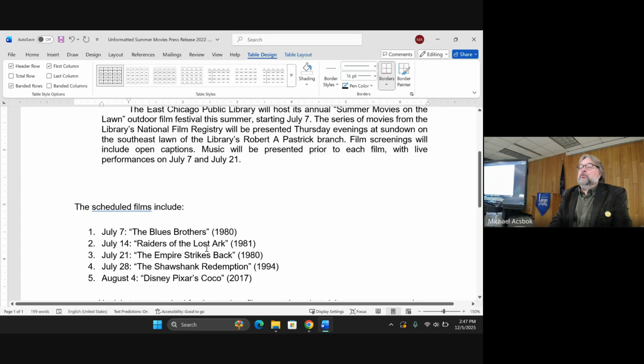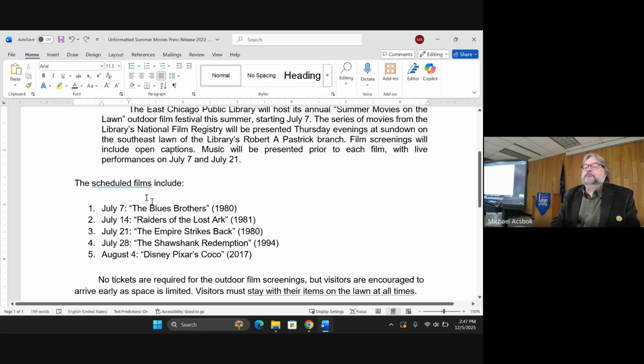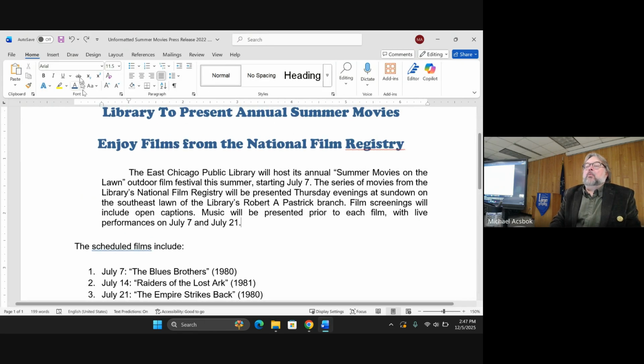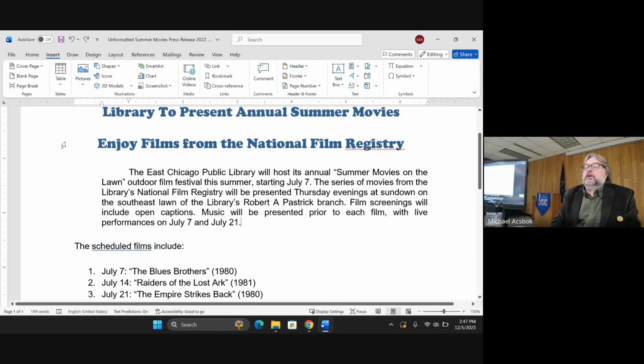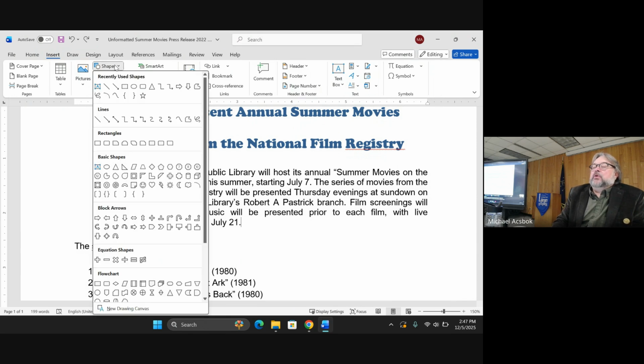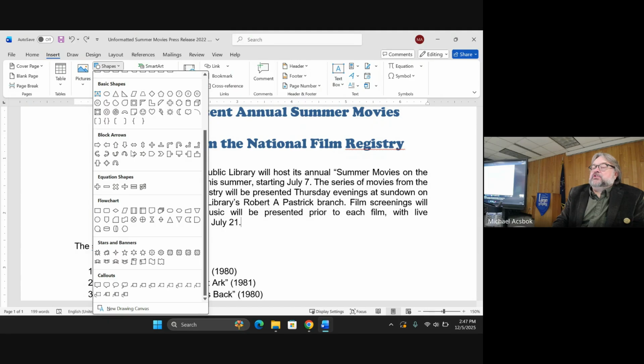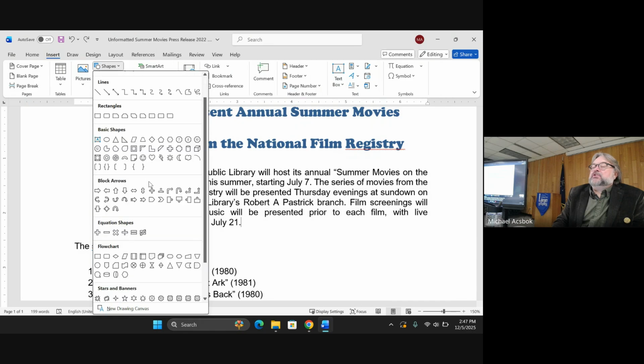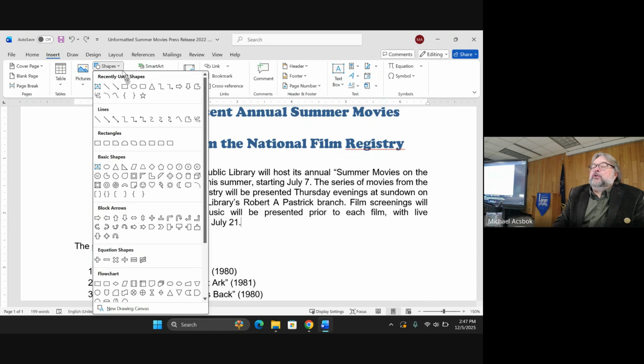I hit Control Z to undo that. What we're going to do is insert a picture. You know what? Look at this. We have shapes too. Look at all these different shapes you can draw into your document. Circles and squares and lines and squiggles and rectangles and basic shapes and arrows and flow charts and stars and banners. There's a bunch of shapes you could put in here, but what we're going